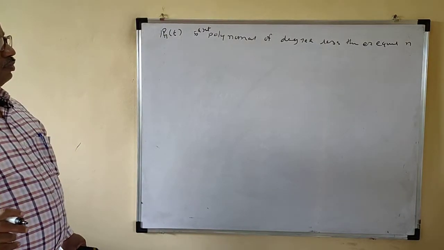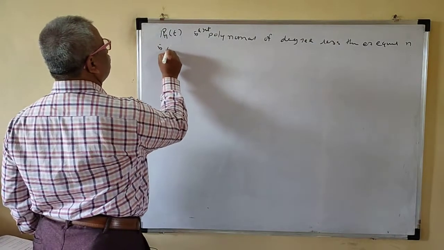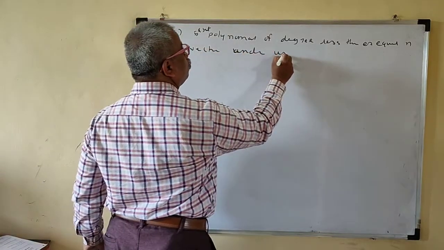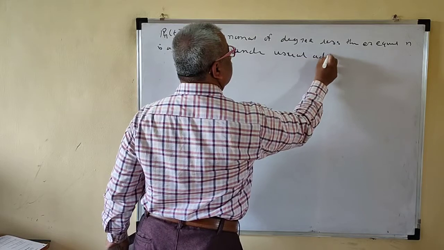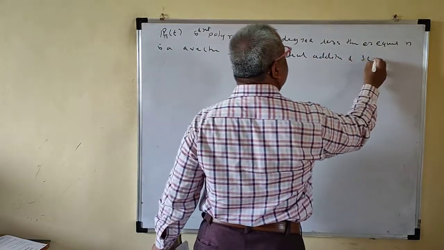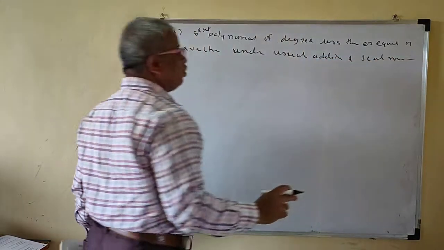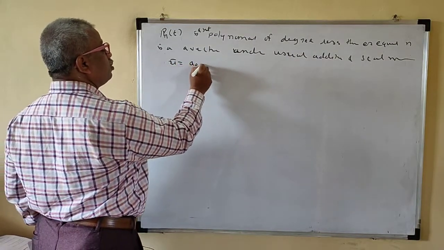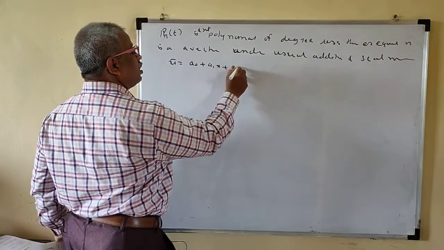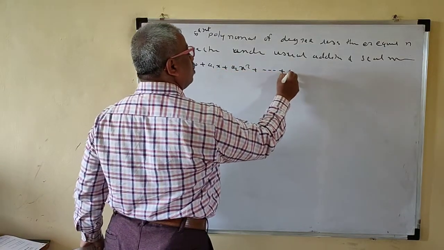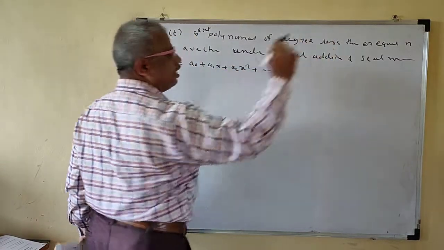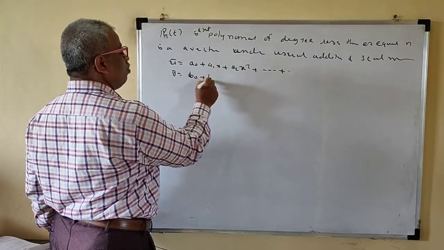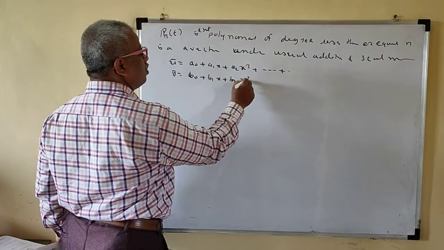It is a vector space under usual addition and scalar multiplication. Usual addition means, suppose u bar is a0 plus a1x plus a2x square plus ..., whatever the degree may be, and v bar is b0 plus b1x plus b2x square plus ...